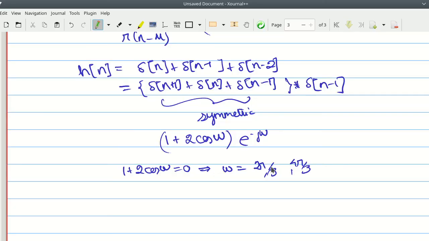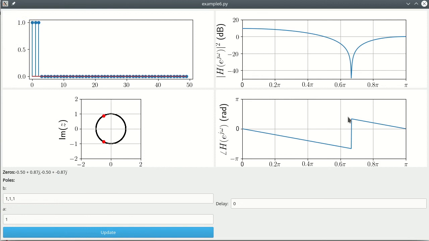At these 2 points, what happens is that this particular thing from 0 to 2 pi by 3 is positive, at 2 pi by 3 becomes 0 and becomes negative, which means that there is a jump of pi. Similarly, at 4 pi by 3, this particular thing from negative becomes positive, and again there is a jump of pi. So that is the reason why you have that abrupt jump, and this abrupt jump is something that you have to handle carefully, which is why when you look at the sequence over here, you get a jump of pi.